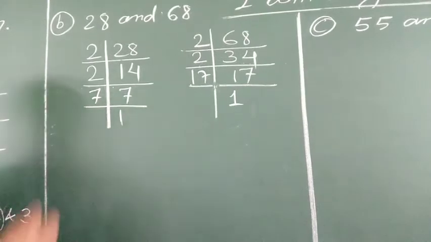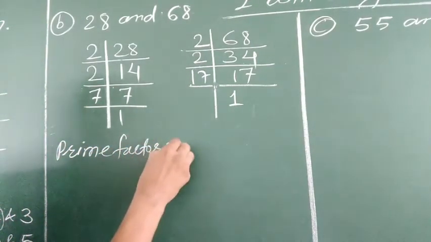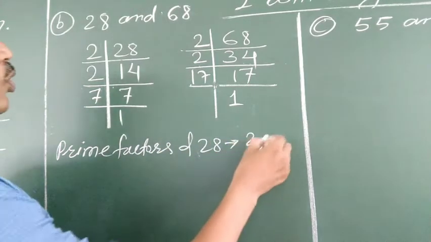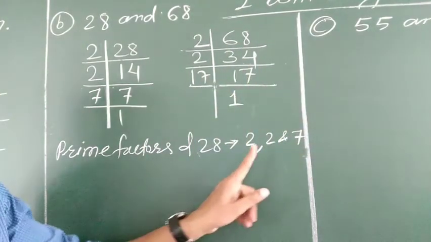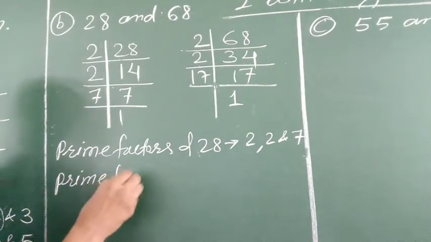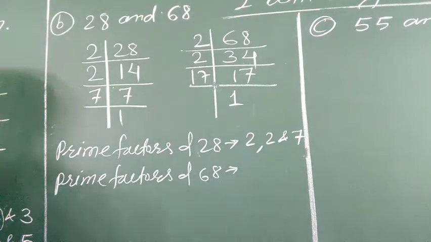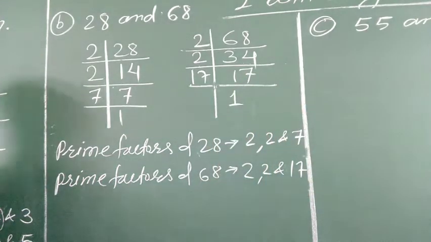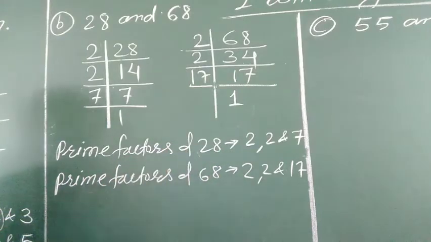Now make the list here. Prime factors of 28. क्या है लिस्ट? 2, 2 and 7. Next, prime factors of 68. क्या हो गए? 2, 2 and 17. So these are the prime factors of 28 and the prime factors of 68. Now